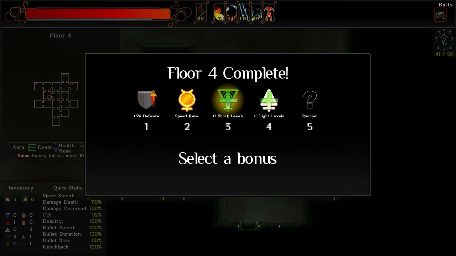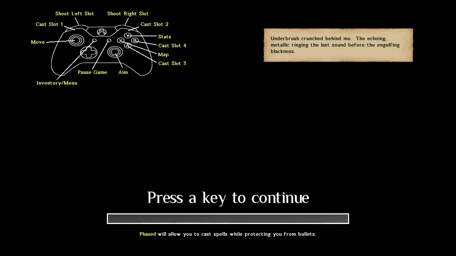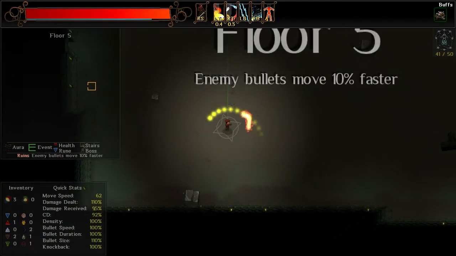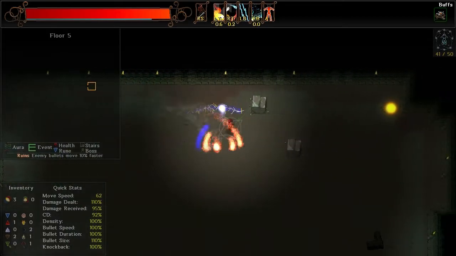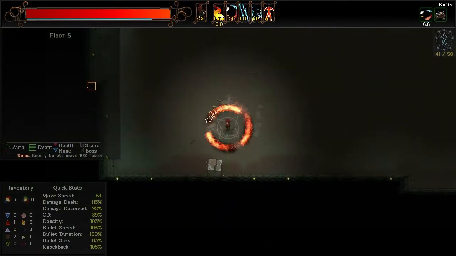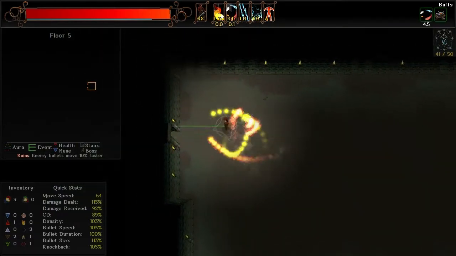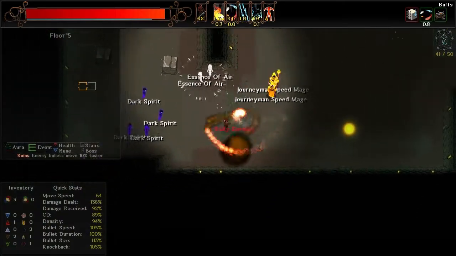So do we want shock levels? It would boost our... No, let's go with defense, because I'm in for the long haul, and survivability is useful. We're about to actually get another extra 2 hit points. And realistically, if I can get that ability a second time, that'll actually put us in a really good spot as far as fighting enemies goes. Because if I can...